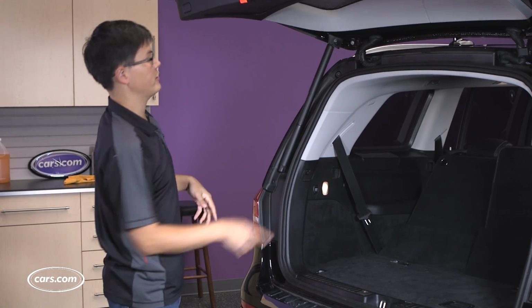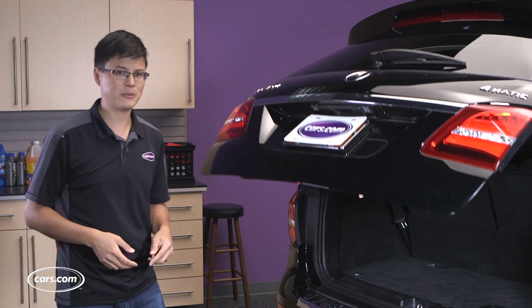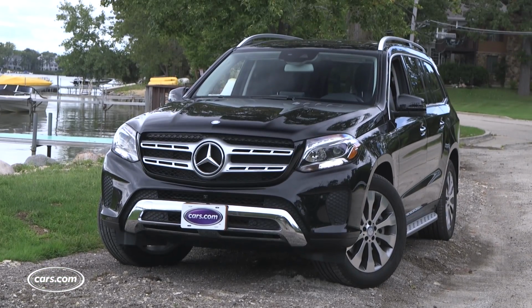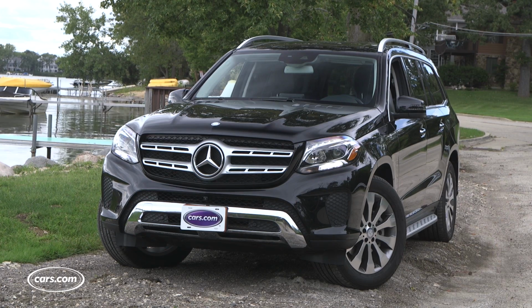You can even shut the tailgate. It all happens at the same time. You don't have to hold any buttons down. Pretty cool. Now, a boat-sized SUV can leave the captain with some pretty big blind spots, but fortunately the GLS's